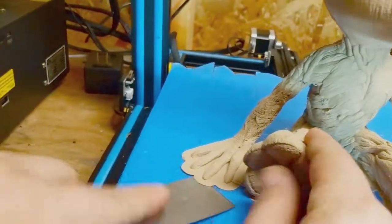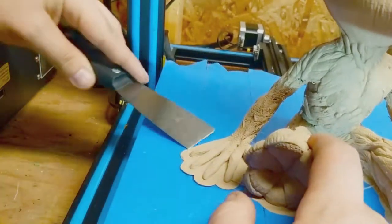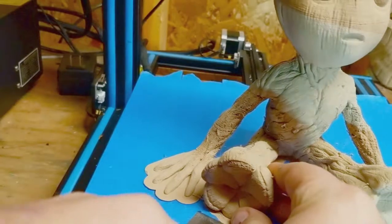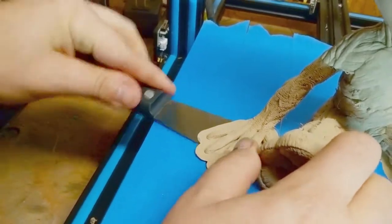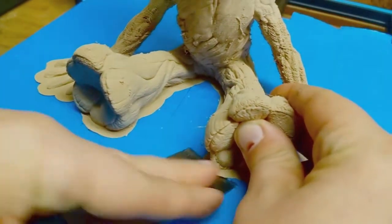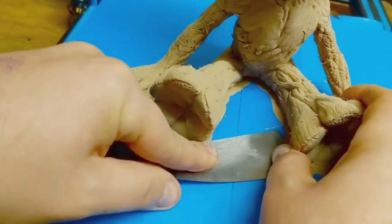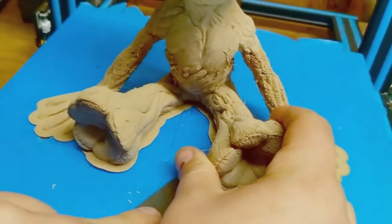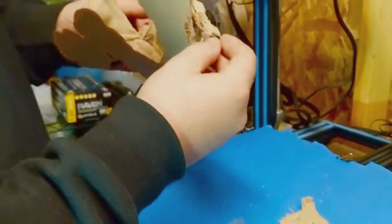And you can kind of see that I have all this extra material underneath the legs and hands where normally it would come in contact with the build plate, and that is called a brim, kind of like a brim of a hat. You know, it extends around and it gives you a greater footprint with which to adhere your pieces to the build plate, so you get less warping. Things tend to come out a lot better when they don't move and they're adhered a little bit better to the bed. And so his arm just broke off, but